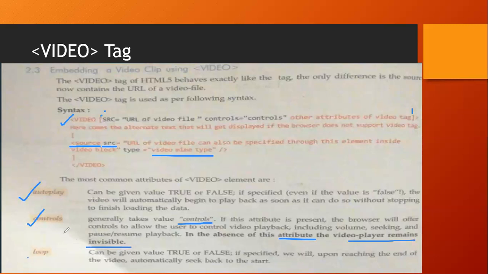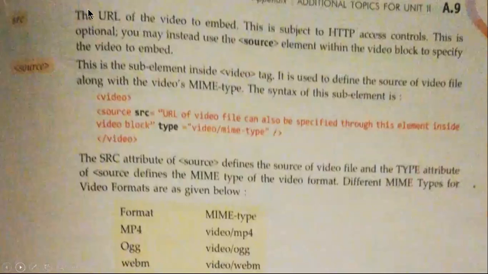Loop, तो इससे क्या होगा, if loop is false, तो आपका वीडियो जितने भी मिनट्स या सेकंड्स का है उसके बाद वो स्टॉप हो जाएगा, रीस्टार्ट नहीं होगा. But if you want to restart it, कि आप चाहते हो कि वो चलता ही रहे चलता ही रहे, in that case you have to write loop is equal to true. Then src, it provides source or URL of the video to be embedded. Source वही सेम है, तो source कैसे यूज करते हैं, you can see here.